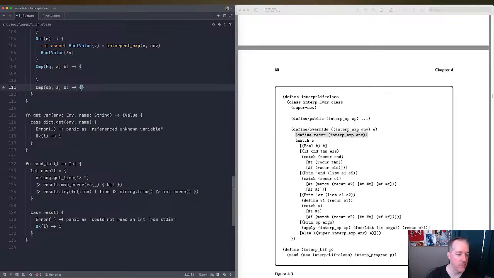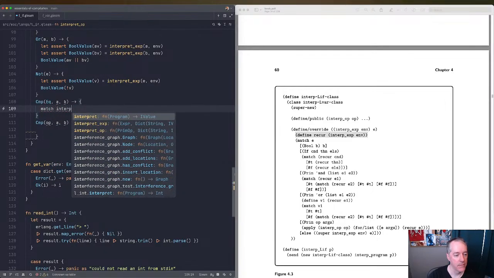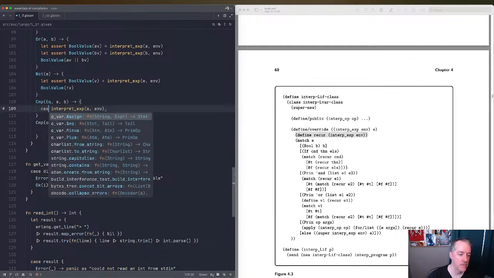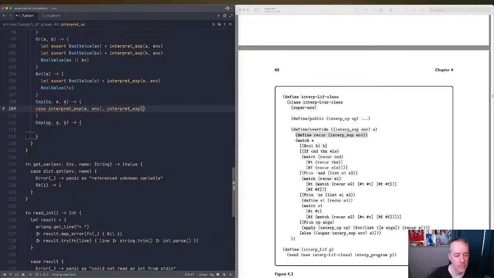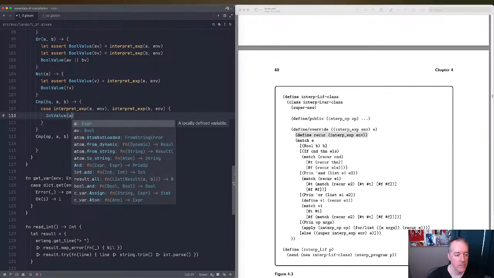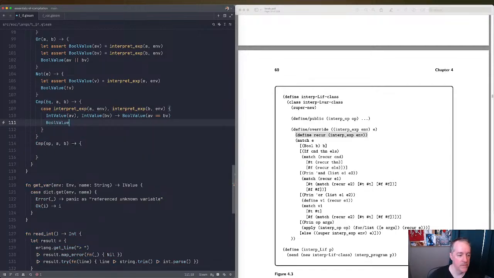So what we can do is match case. If this is int value, then what we want to return is bool value of AV is BV, right? If this is bool value and bool value,